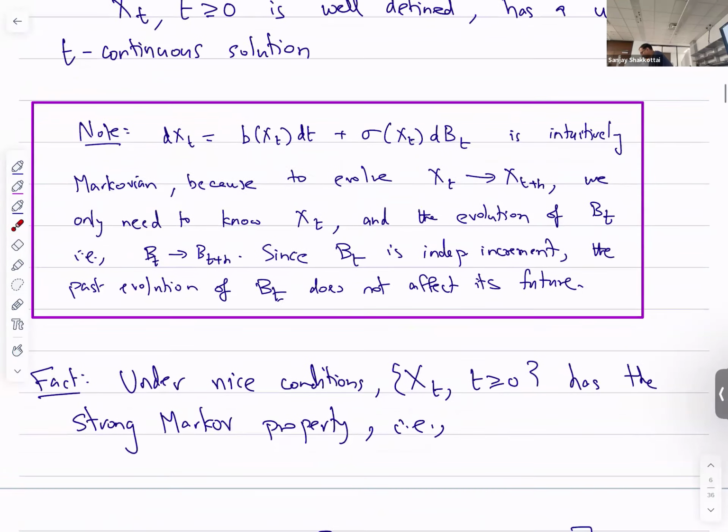So if we have this equation, I take a super simple case where dXt is b(Xt) dt plus sigma dBt. And now suppose I have b(Xt) being 0. So I have zero drift, and I have pure diffusion. And sigma is a constant. Then I guess they call that a pure diffusion. That's called Brownian motion. Okay, so then if I have an X0, which is a random variable, after time t,